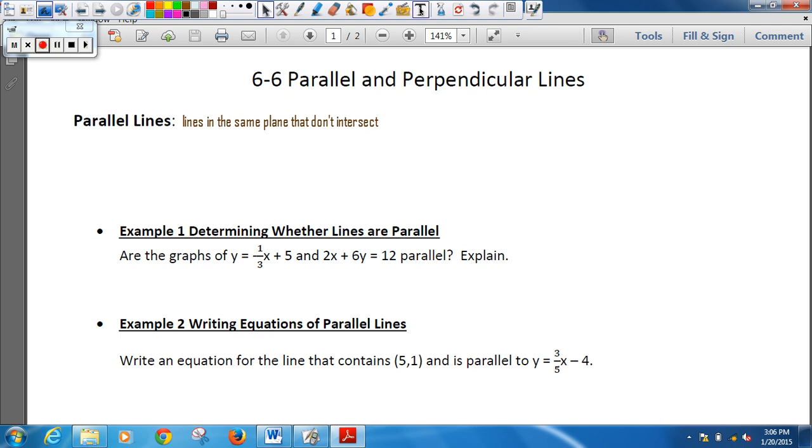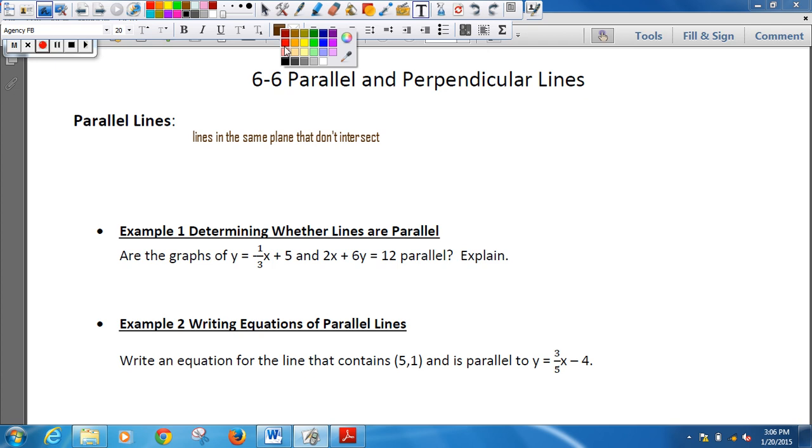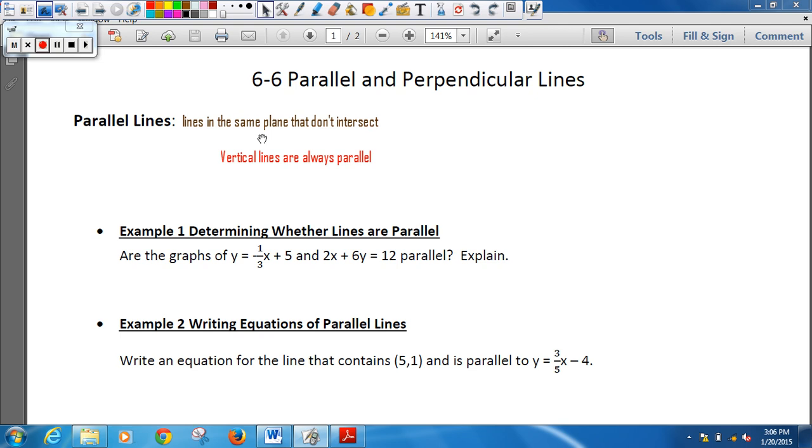A few little things that means is the following. Because they are lines that don't intersect, vertical lines are always parallel. Okay, and the reason that's going to be important is because, if you remember, we'll go ahead and look at them here in just a minute, but you can't find their slope on vertical lines. Okay, so with that said,